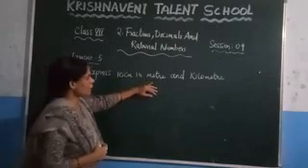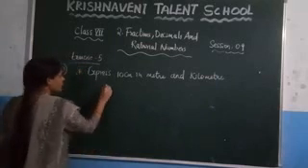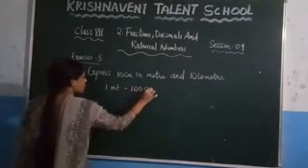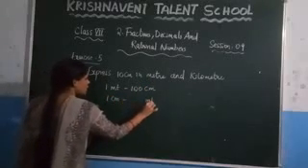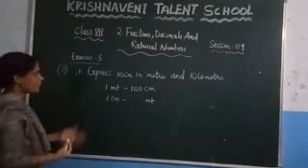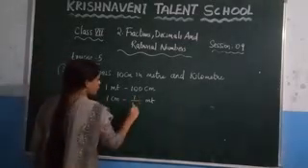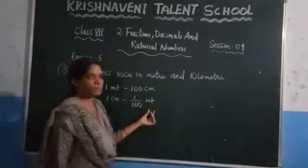So you need to write the relation between the meter and the centimeter. You know that 1 meter is nothing but 100 centimeters. Then what is the value of 1 centimeter in terms of the meter? Yesterday we discussed that we need to write the reciprocal of this number, which is 1 by 100 meters. Now we have expressed centimeters into meters.